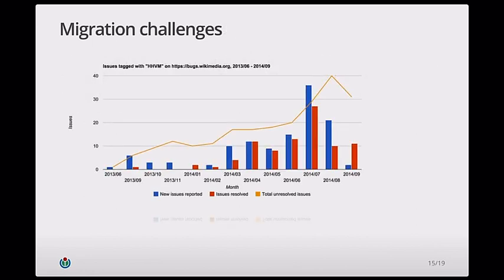I just want to give a sense of the effort involved, just because that's something that I wish I had at the outset of the migration process. This is the number of issues reported and resolved on Wikimedia's bug tracker that are tagged with HHVM, from June 2013 until September, and the data for September is obviously incomplete. What is telling about this particular picture is the rise in issues reported doesn't reflect the software being buggy, but simply more people using HHVM on a day-to-day basis and testing their code against it